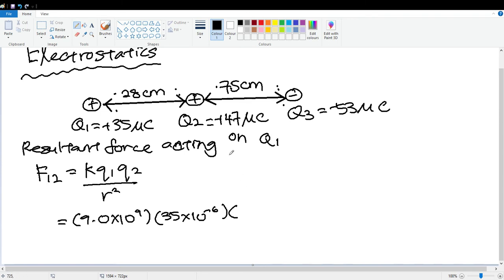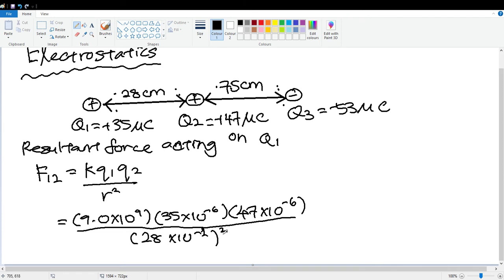So my Q2 basically is 47 times 10 to the power negative 6. Okay, so what will be the distance? The distance is 28 times 10 to the power negative 2, squared. So what I found for the F12: 9 times 10 to the power 9, 35 times 10 to the power negative 6, 47 times 10 to the power negative 6, divided by 28 times 10 to the power negative 2 squared. So basically the force for F12 is